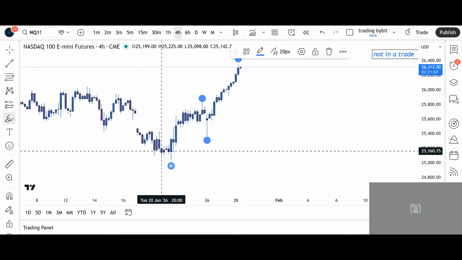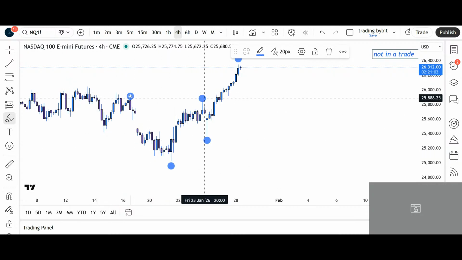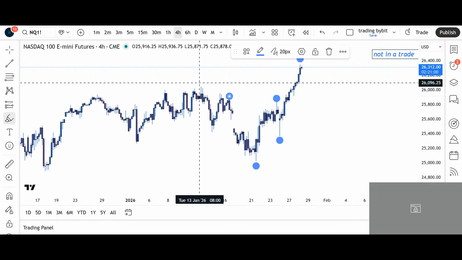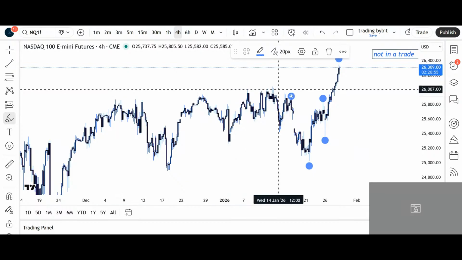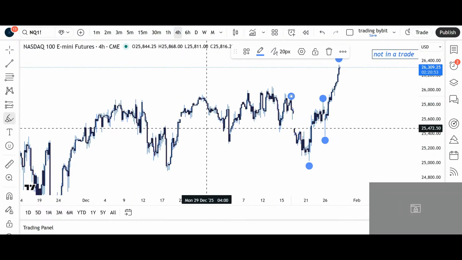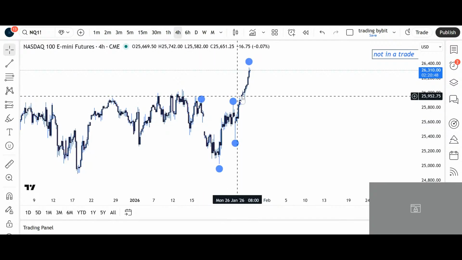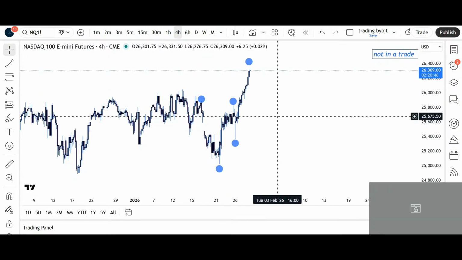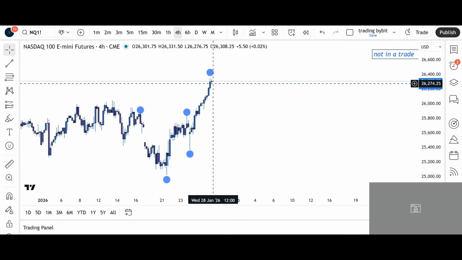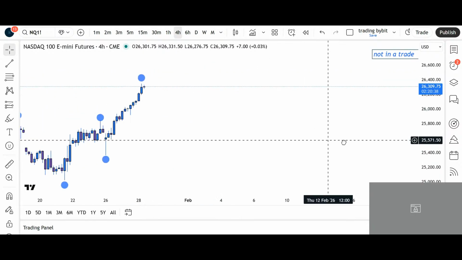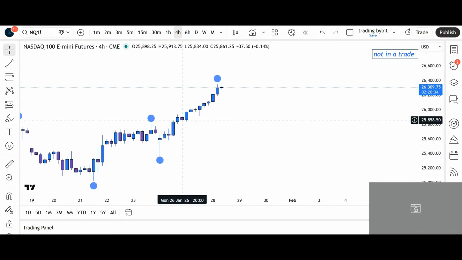So here we had a shift in structure because this was a high. This one was lower. Then we had a sideways movement for a long time. Not much to see about this one. And here we see that we made a change in character back to the upside. So we know now that the market is moving upwards in this area. Anything in between, there are no highs and lows.